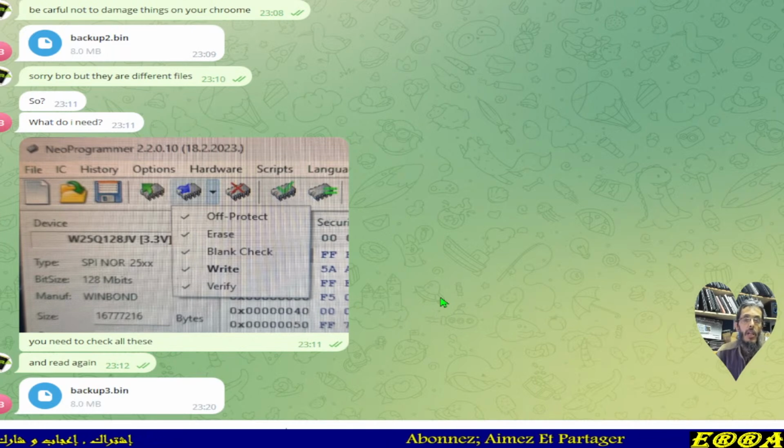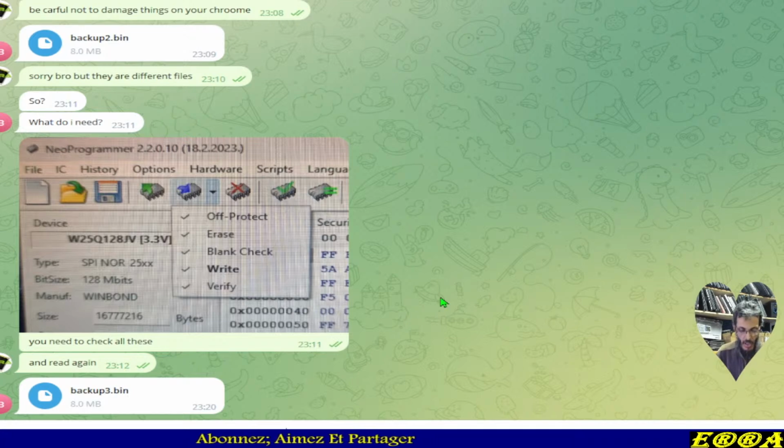So listen carefully. Personally, I use the clip, but with the chip removed, and I try to firmly put the clip on all the 8 pins of the BIOS chip. So please remove the chip and the clip and put it again on the chip firmly, and read again.